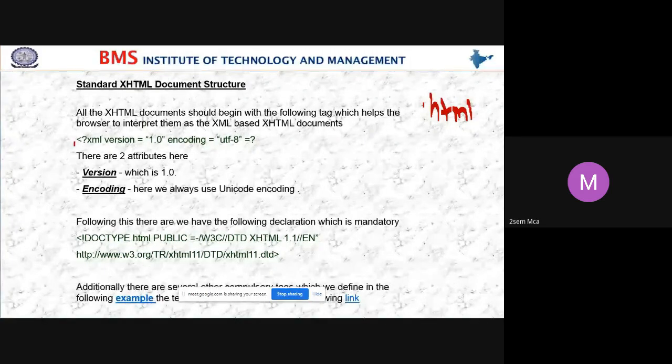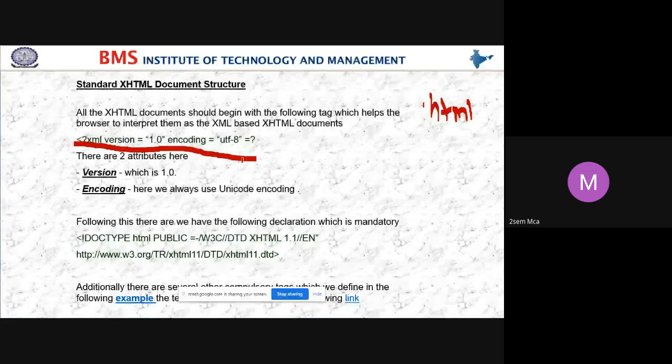See, this is the version. Here we are writing XML version equal to 1.0, which means this is the first version. Encoding is equal to UTF-8. This 8 stands for 8-bit, and UTF means Unicode Transformation Format.